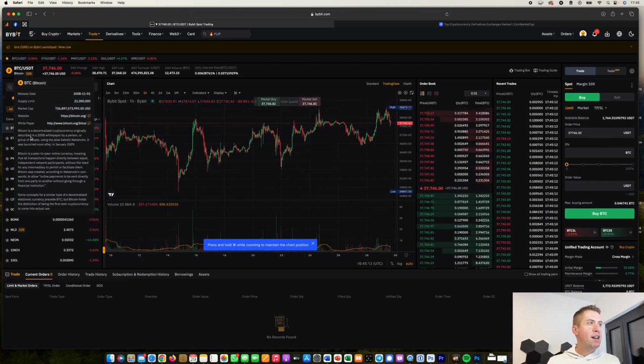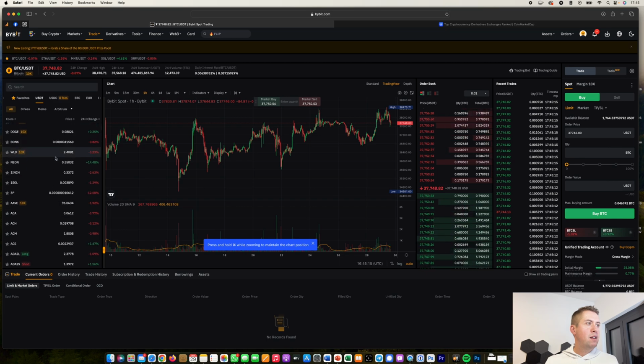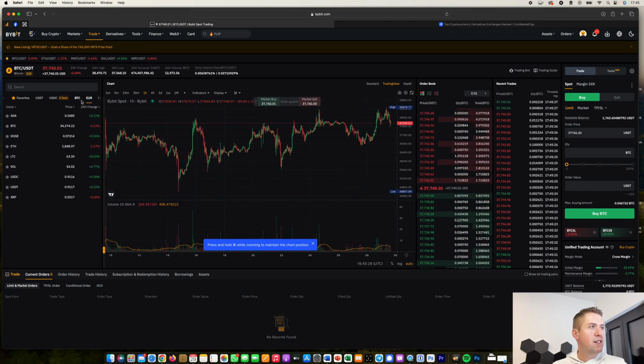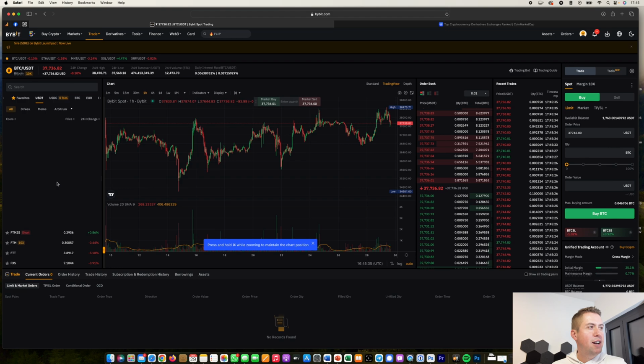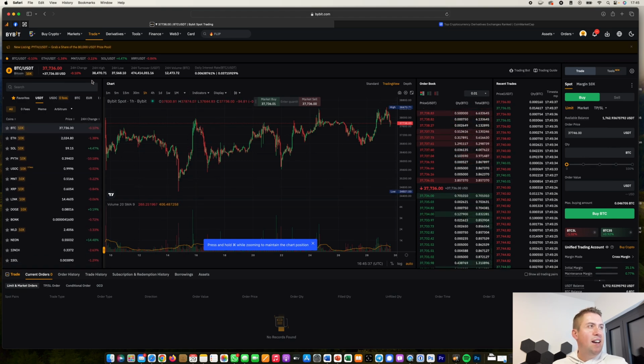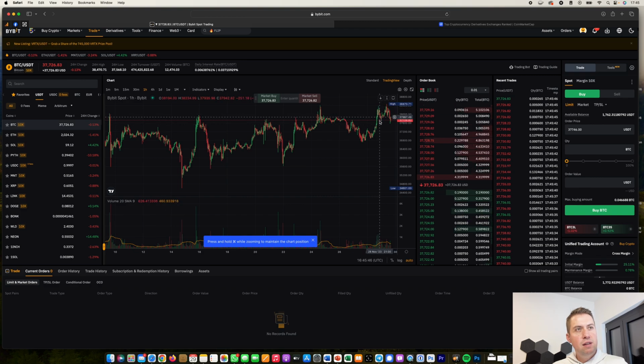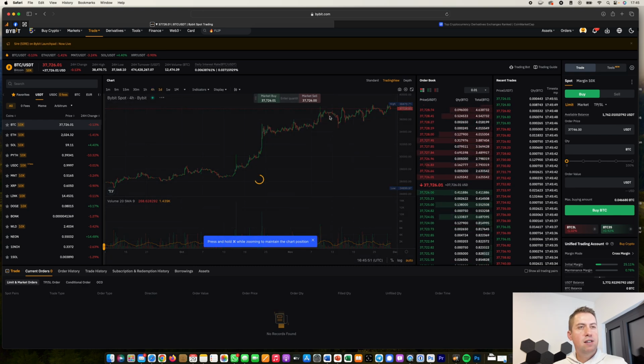And here you can select your trading pair, or you can select your cryptocurrency here that you want to trade. It's usually against USDT, as I said. So you need USDT in your account to buy it. Some cryptocurrencies are traded against Euro, for example, but that's not a lot. But all of them are traded against USDT. And once you have selected your cryptocurrency, let's go with Bitcoin here. Then you have the chart here, one candle here is 1 hour. You can change that to like 4 hours or 1 day and so on.